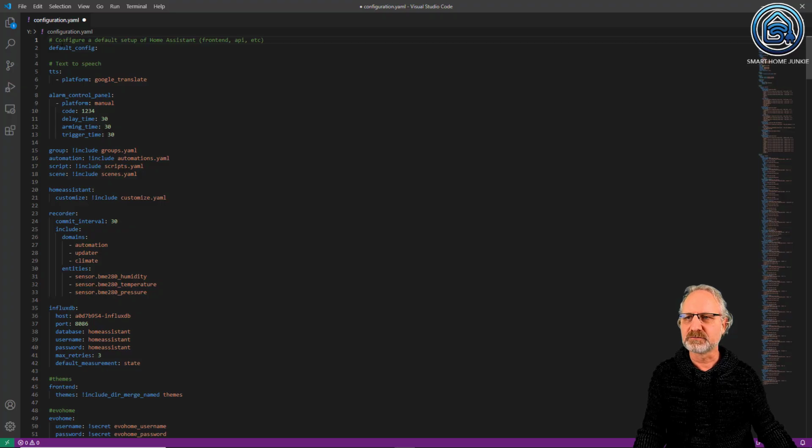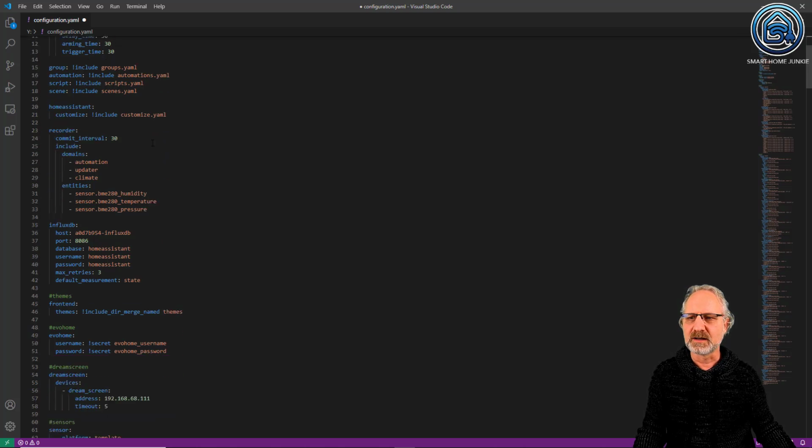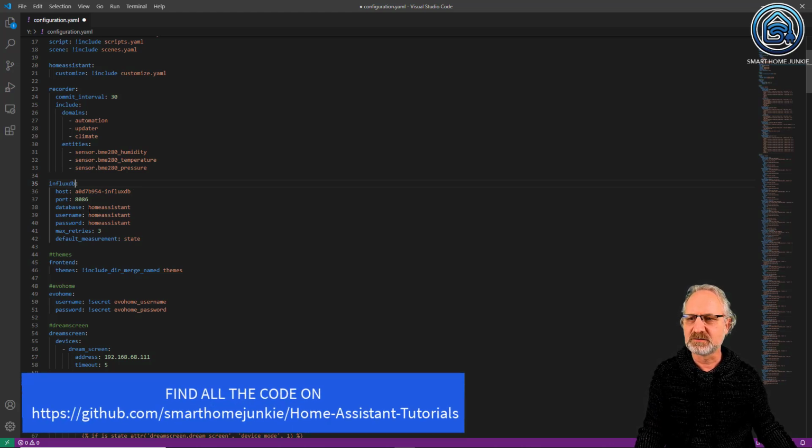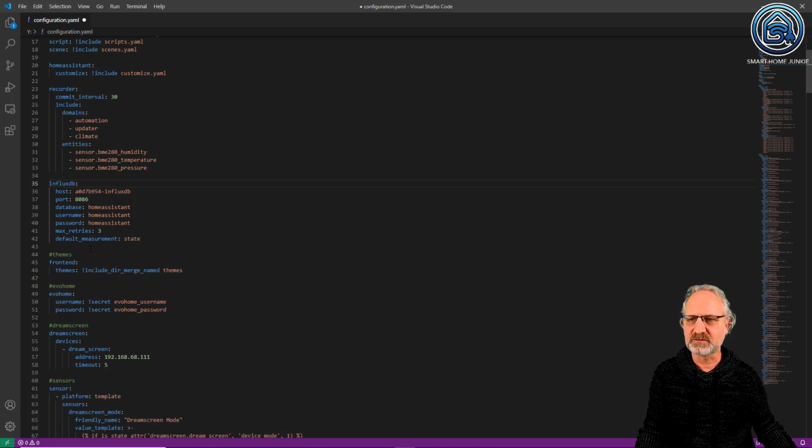So when you are in the configuration.yaml, I have to add some code to connect InfluxDB to Home Assistant, and this is the code you have to add here. So it is called InfluxDB and the host name is this. It's always the same. You can find the code in the description below. It's on my GitHub page. And as you can see, I refer to the database, username and password that I entered in InfluxDB before. So this is what you have to enter, and then you save